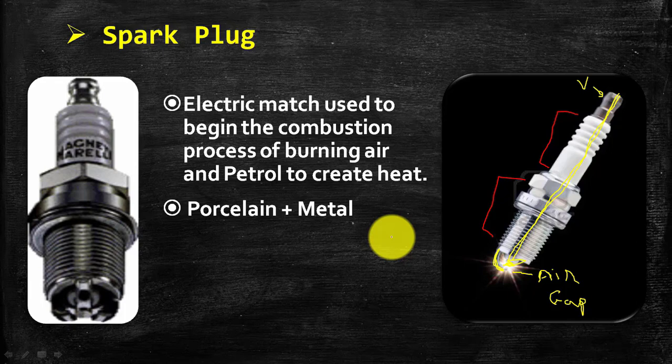So the electrons, now they become a carrier for the electrons, and they carry the electrons and help them to reach up to the earth electrode. And this process we are observing by the naked eye, which is the electron jumping. We are calling it the arc. Okay. So this is about the spark plug.